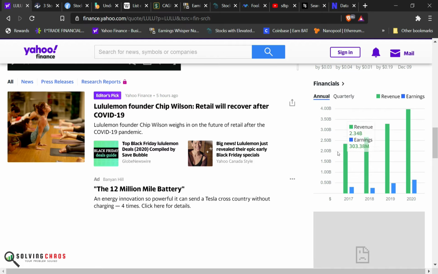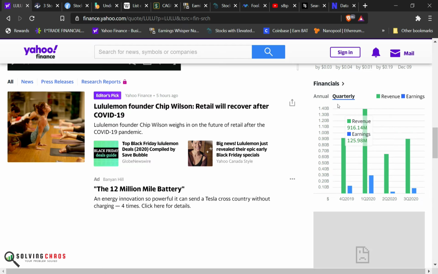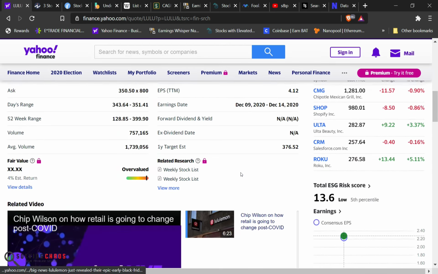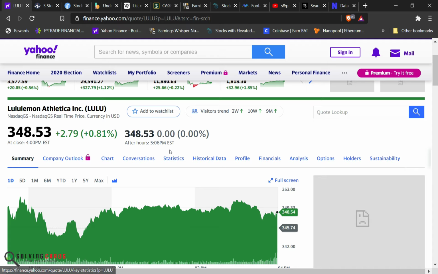You see, you want good growth rate, good profits. That's what the S&P looks at. Still popular. People are not going to quit doing yoga. People still wear fancy leggings when they're riding their Peloton bikes at home, or when they're exercising from home, or when they're running around the block, or going to the gym. I know some places around the country can't go to a gym, but I don't want to say it's a sleeper. Everybody knows about them.